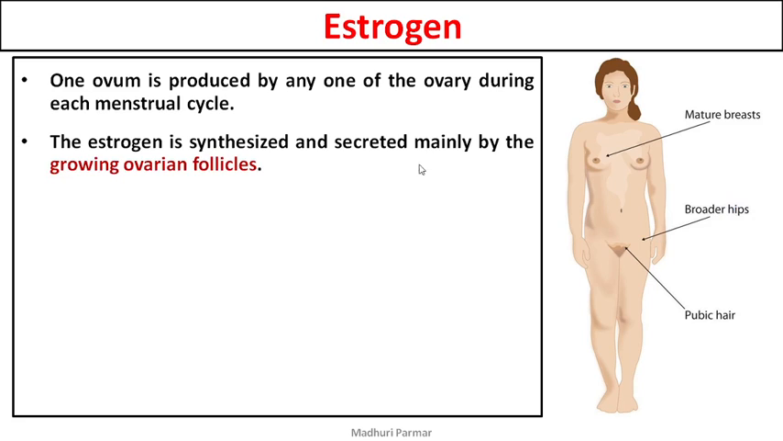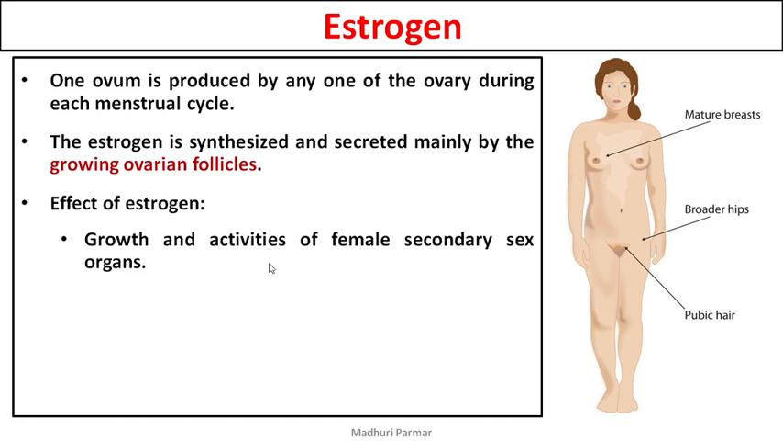The estrogen is synthesized and secreted mainly by the growing ovarian follicles. तो जो grow हो रहे हैं follicles, ovarian follicles, primary follicle से लेके Graafian follicle तक, तो ये सारे follicles they start secreting estrogen, ठीक है। अभी ये estrogen की effects क्या दिखती है? तो the estrogen, you can see the effects by growth and activities of female